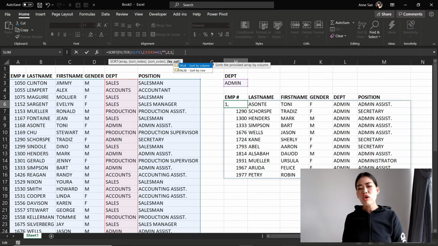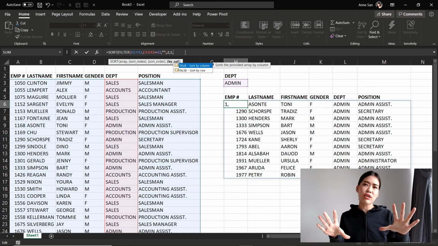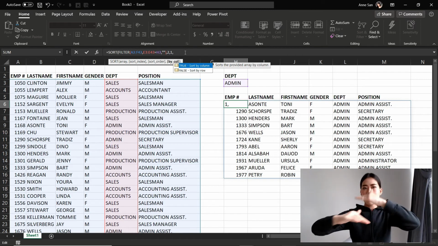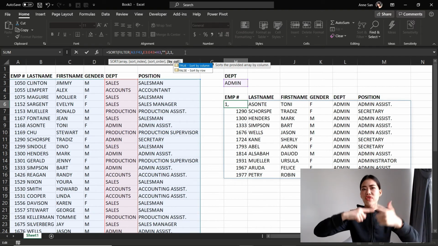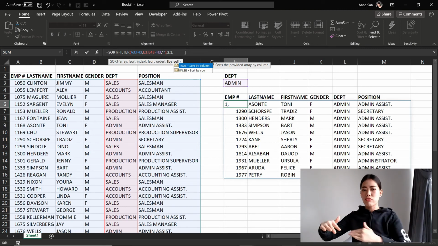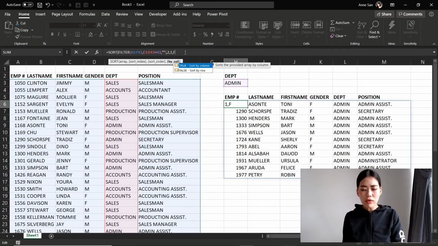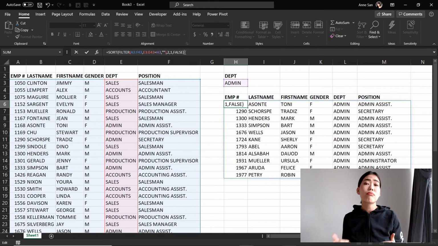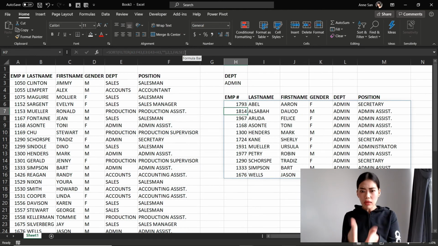Would you like to sort by column or sort by row? If we take a look at the structure of the returned answer right now, it is based on each of the rows, whether you're filtering or sorting by row. So you're going to go for false, which means you are sorting them by row. As I hit enter, let's check out the last name. It immediately sorts based on the last name.